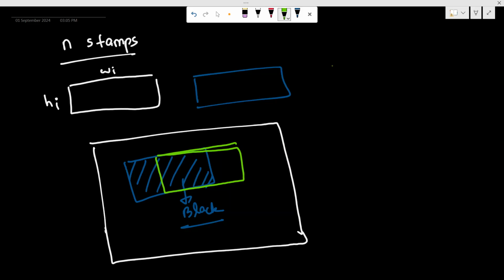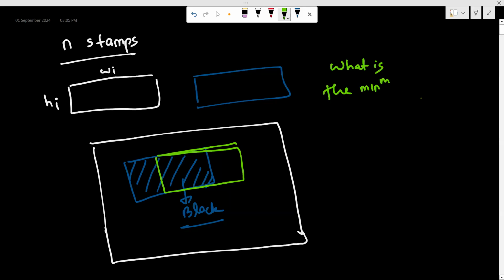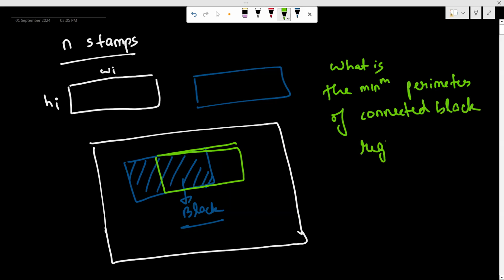So the question is, what is the minimum perimeter of the connected black region that you can obtain? This is the question. Like for example, if I take an example,